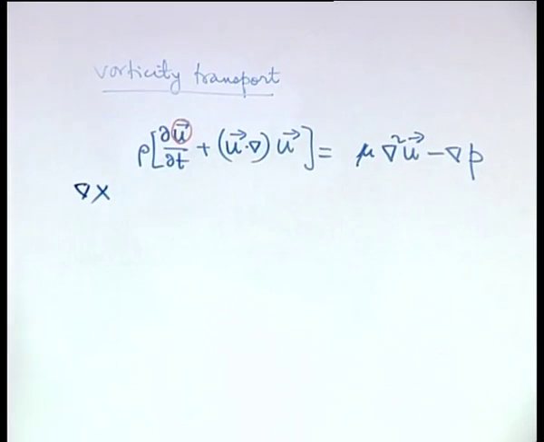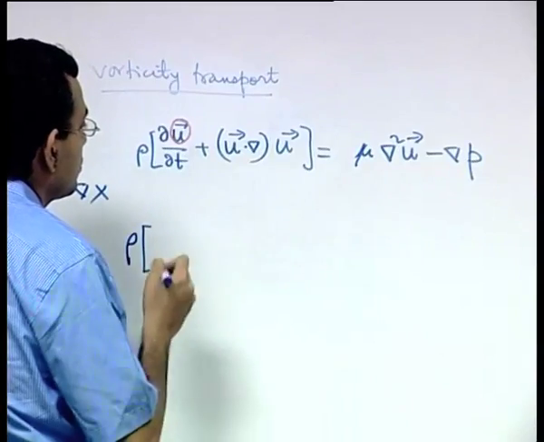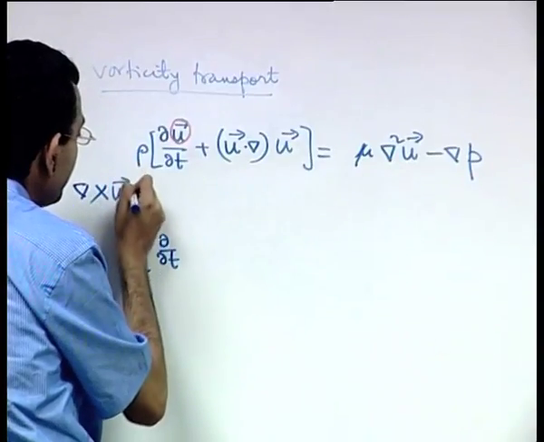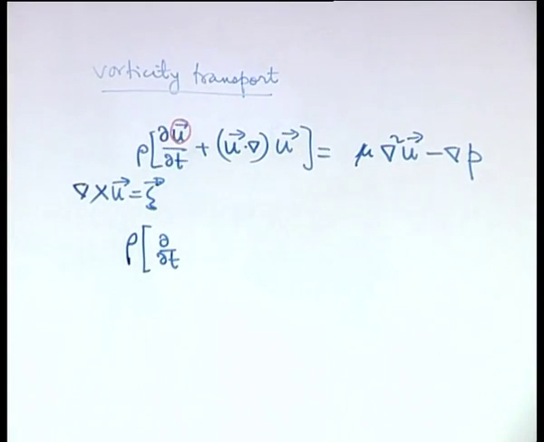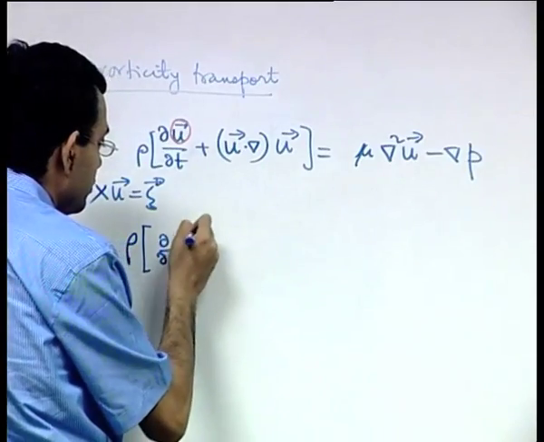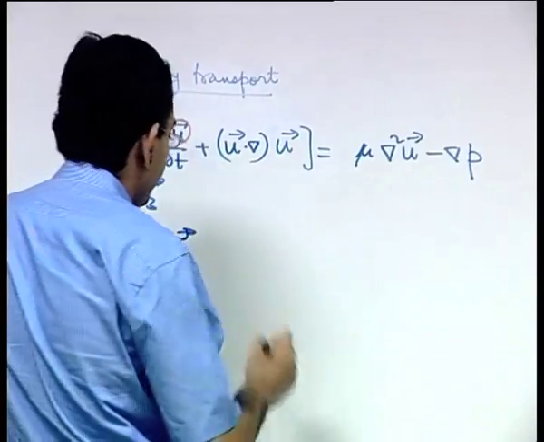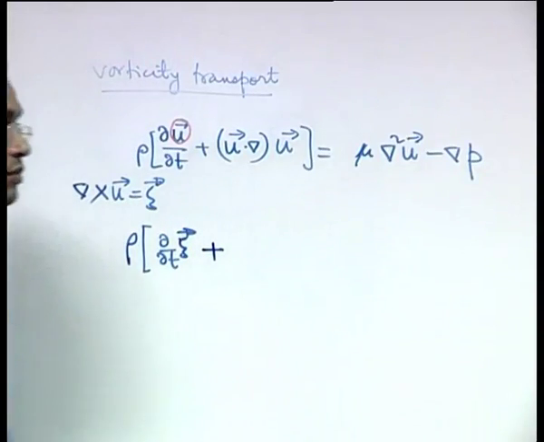So if we do that, and we define del cross velocity as the vorticity vector which we call as zeta. Plus